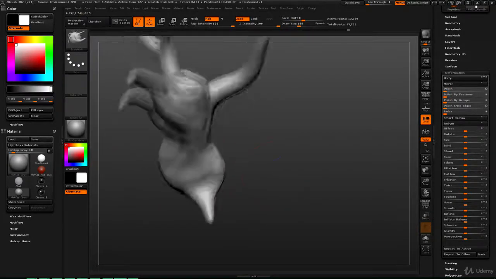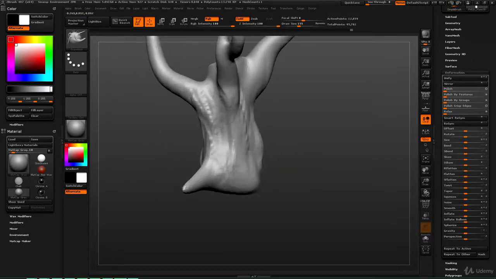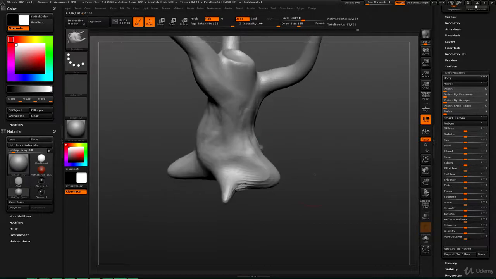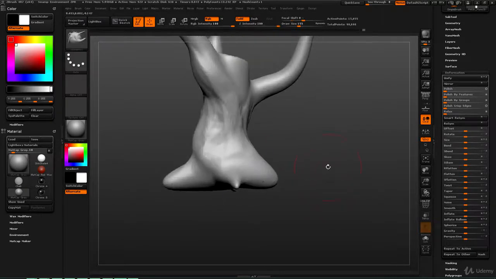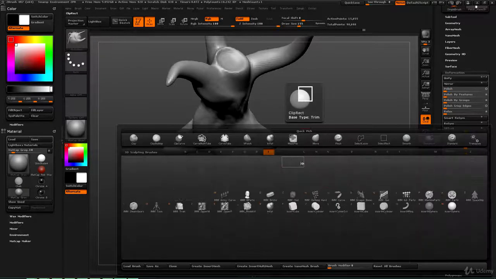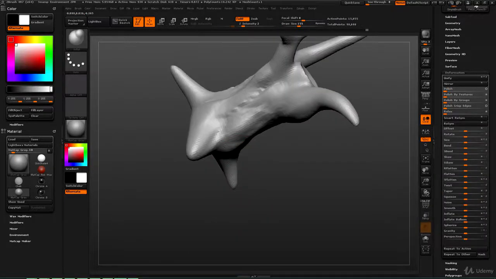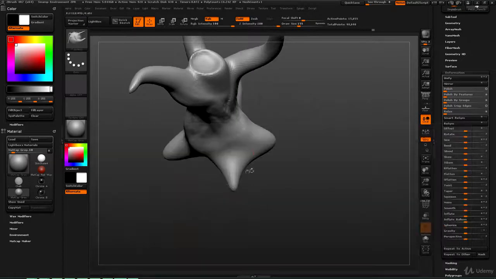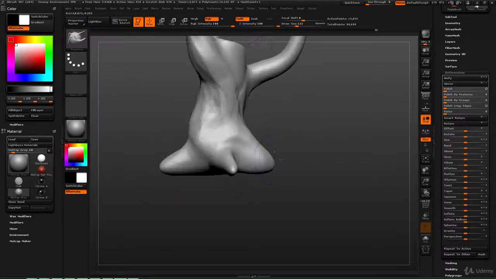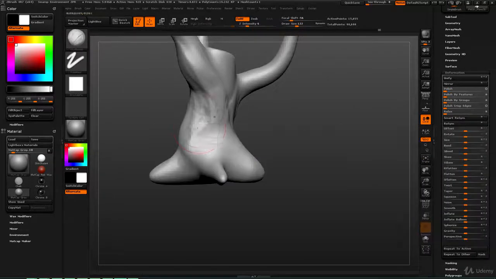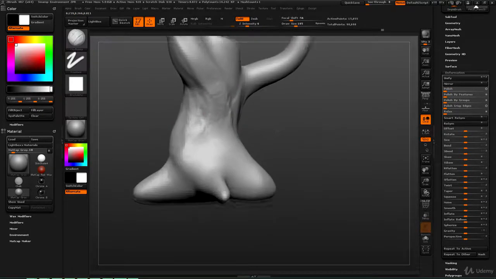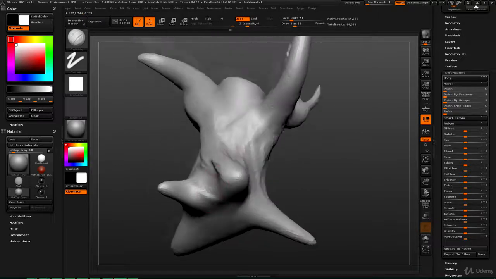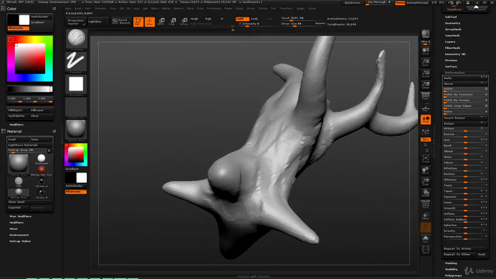You can always drag everything out and, you know, drag out, Dynamesh, smooth, inflate, and go to your snake brush again and just take this in, because why not? I'm just jumping from brush to brush and just kind of like sculpting this in, sculpting it out,